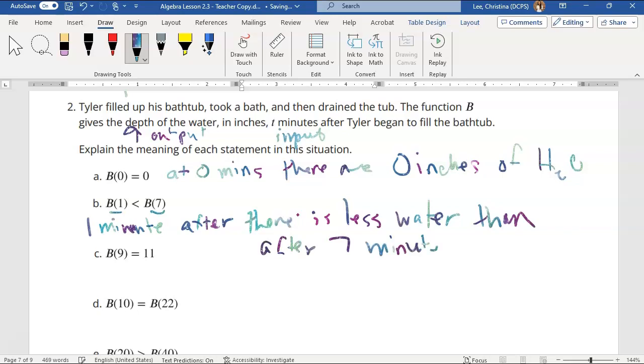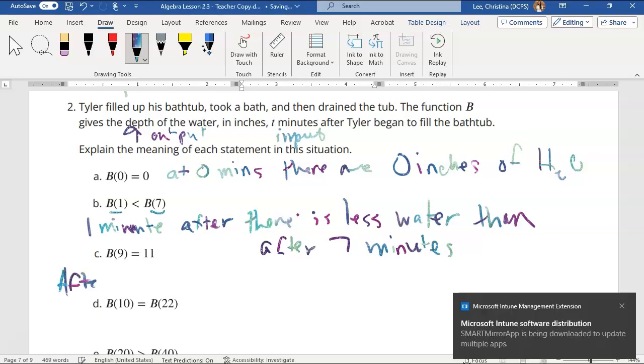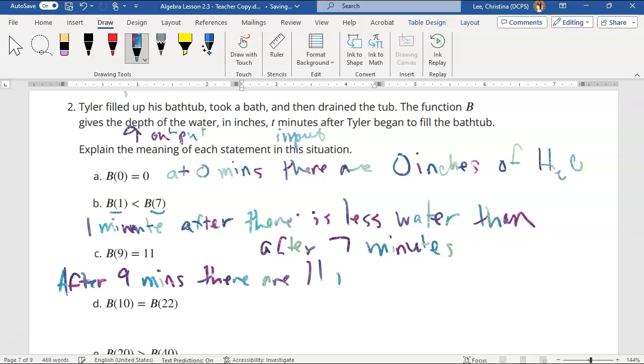And that makes sense because as we're filling it up, there should be more water happening, right? b of 9 equals 11 means after 9 minutes, there are 11 inches